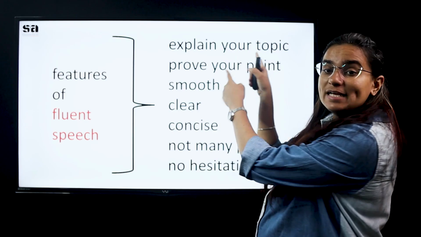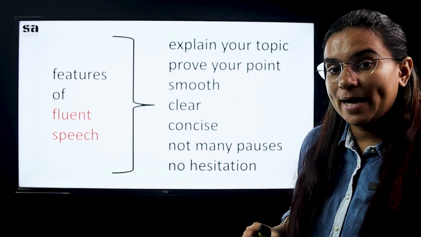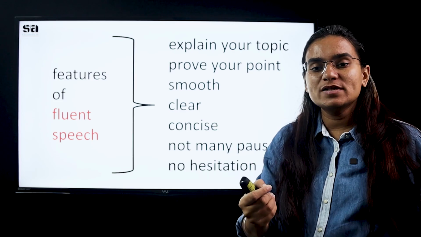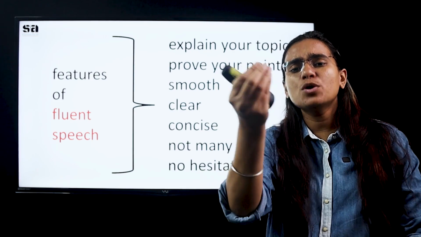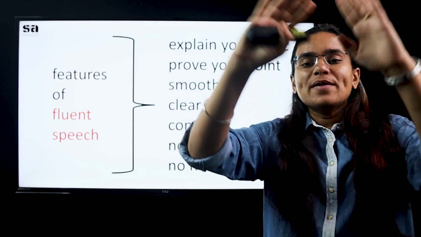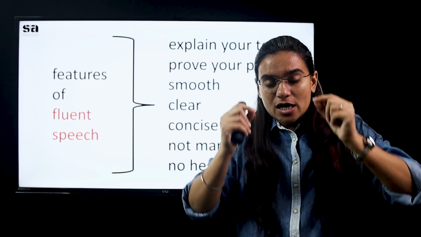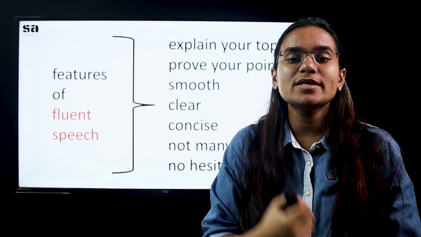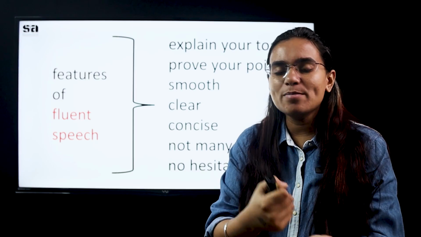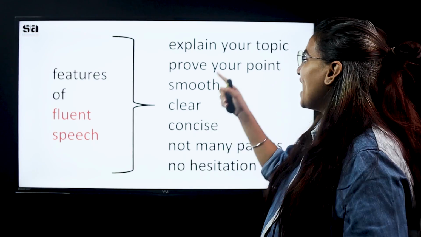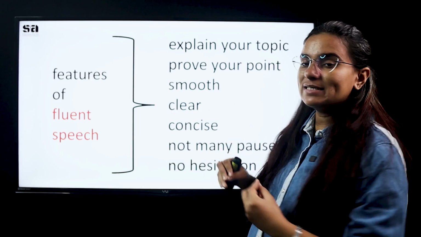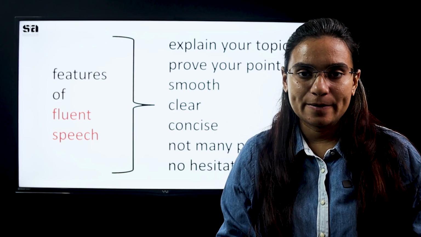Focus on explaining your topic as carefully as you can. Next is prove your point. When you have a conversation, there is always something that you want to tell them. Okay, the general idea is car, but there is a shorter idea, and the shorter idea is that I love Kia Seltos. Okay, it's not a branding, it's the car that I use. I love Kia Seltos. So your message, your point, is: what is your favorite car?